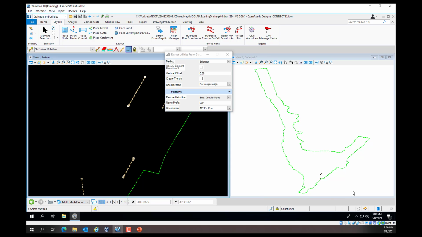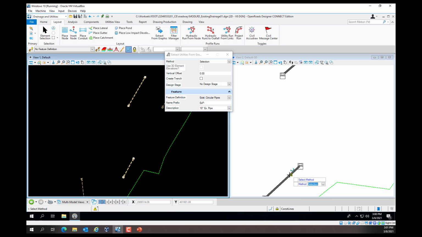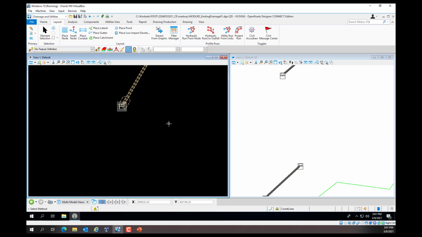And then in the 3D view, you'll see that our pipe and nodes have been modeled. Also in the 2D view, we have nodes. We'll change these later. And a pipe. Close the tool. The pipe is modeled. We'll come and select on the nodes.